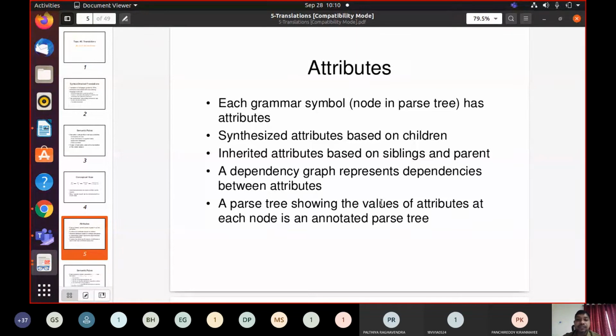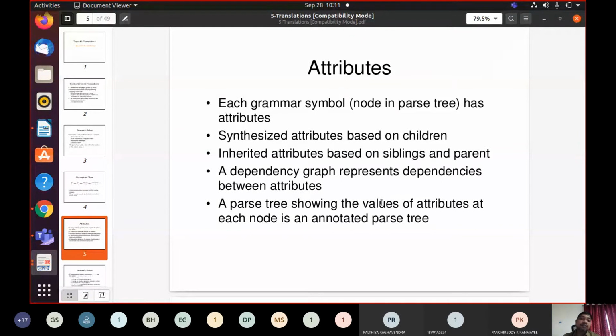Synthesized attributes means those attributes whose values are based on their children in the parse tree. Or in other words, if the value of an attribute is computed in terms of its children, those attributes are said to be synthesized attributes.